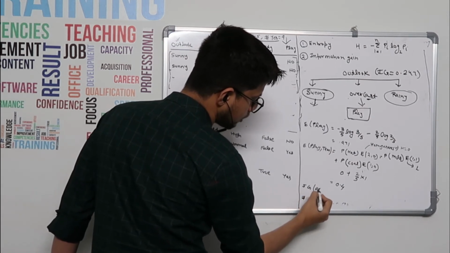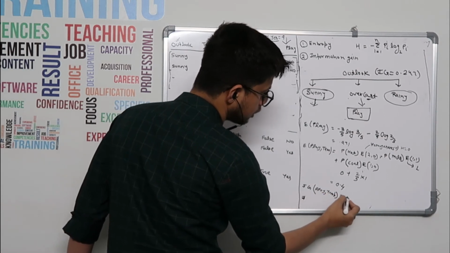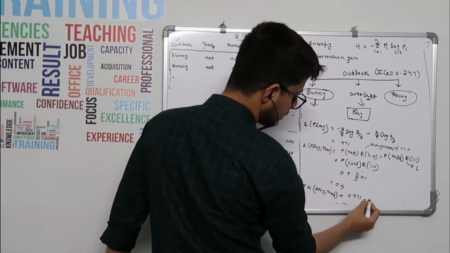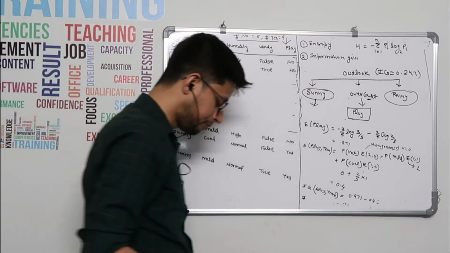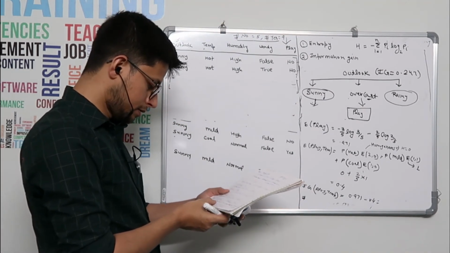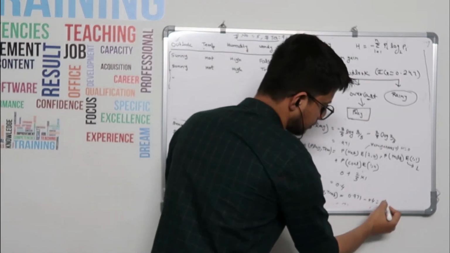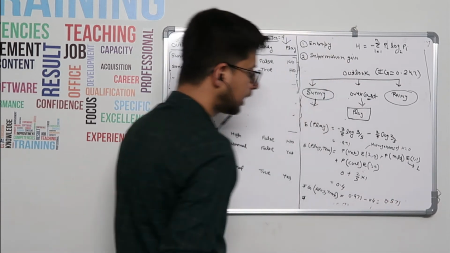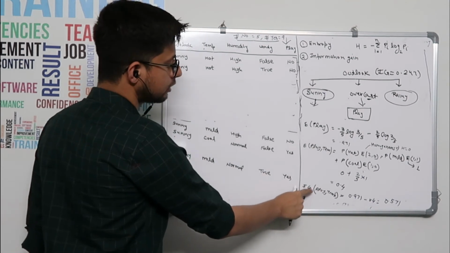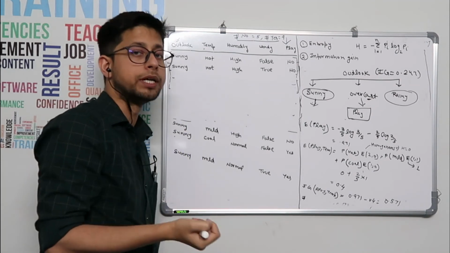Now we will calculate information gain. Information gain of play with respect to temperature, given it is sunny. So it is 0.971 minus 0.4. Now how much will it come? I have noted it down, just a minute. 0.571. You can simply subtract. 0.571, correct? So we calculated. Similarly, you have to calculate information gain of play with respect to humidity and with respect to windy and see which one is bigger.